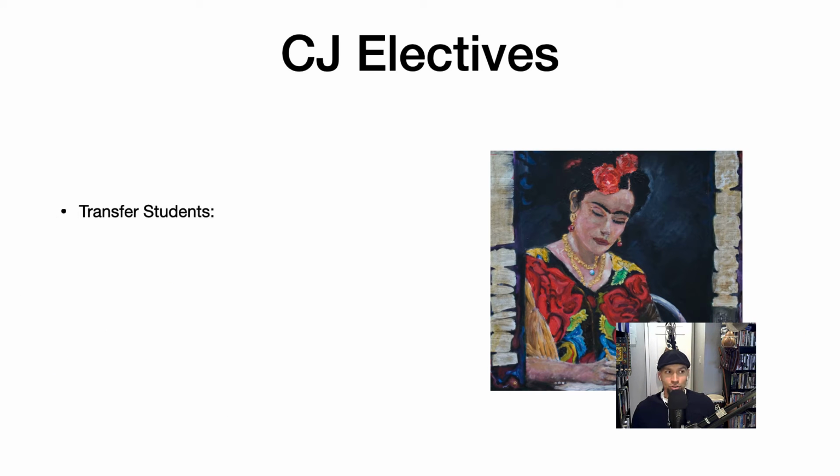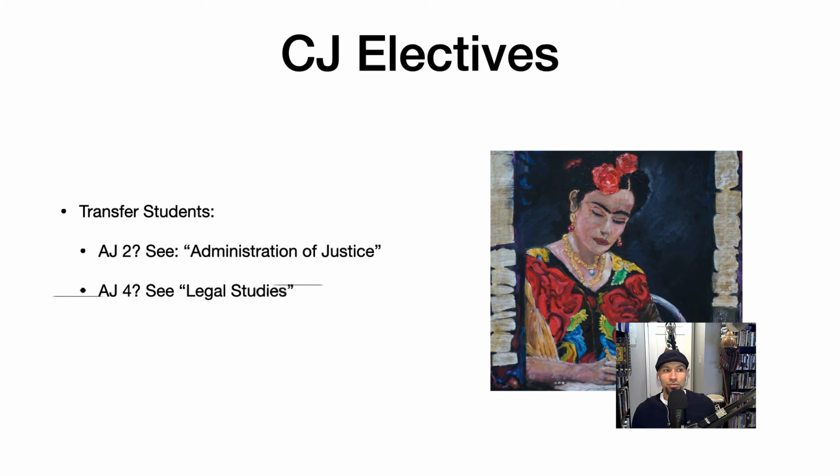Now, some transfer students have taken classes at their community college that are recognized as either AJ2 or AJ4. And it's going to depend on which community college you went to because it's going to vary. But just a quick heads up. If under the administration of justice area you see an AJ2 course, or underneath the legal studies area in the elective section of your degree progress report you see AJ4,